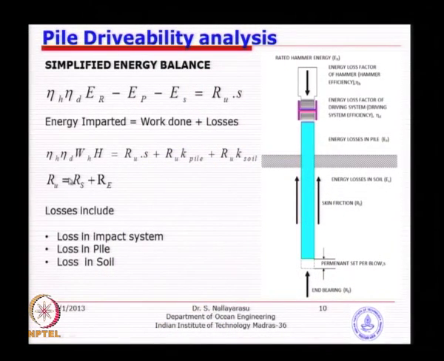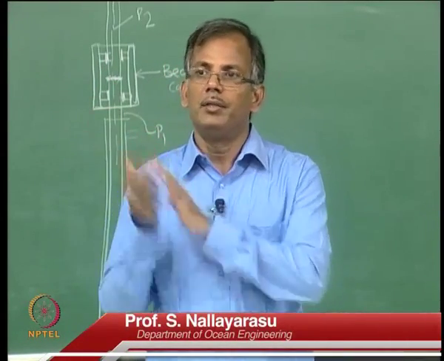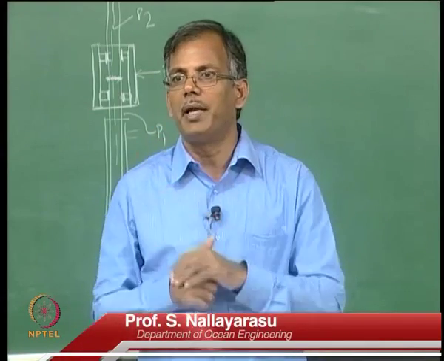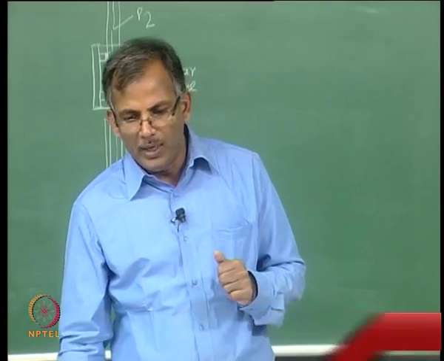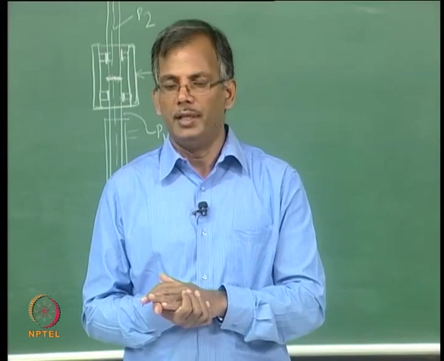So when you come down to the second one, you see here RU times S is well understood, but RU times K pile, what is K pile? It is a spring stiffness, isn't it, because steel material within the elastic limit behaves like a spring. Once you remove the load, what will happen? It may come back, unless it has gone beyond the elastic limit where permanent compression may happen. If the stresses in the piles are beyond your yield, there will be certain elastic compression and some plastic compression, which is not very good. So normally we limit the stresses to less than the yield value.